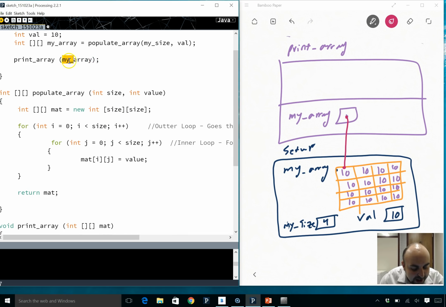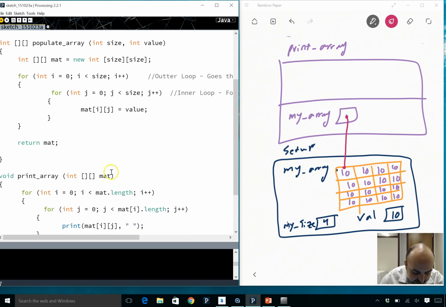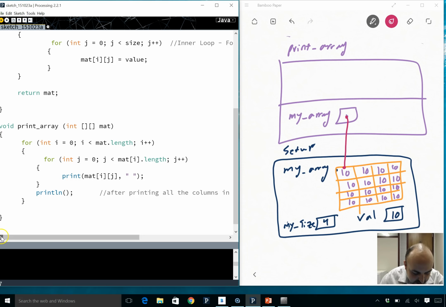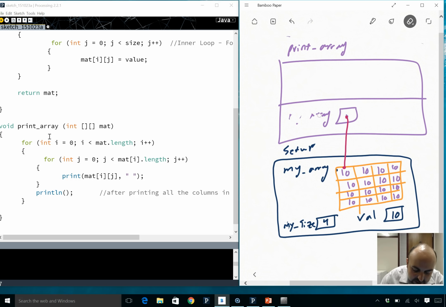So we are going to pass my array, which is this. We're going to do a link, and inside of print array, this is actually not called my array anymore. This is called mat. So mat has a link to my array. So if you say mat I, and if you said mat